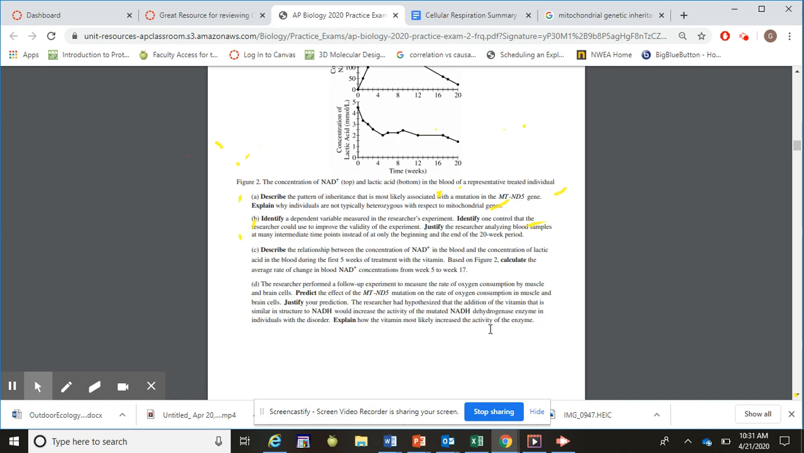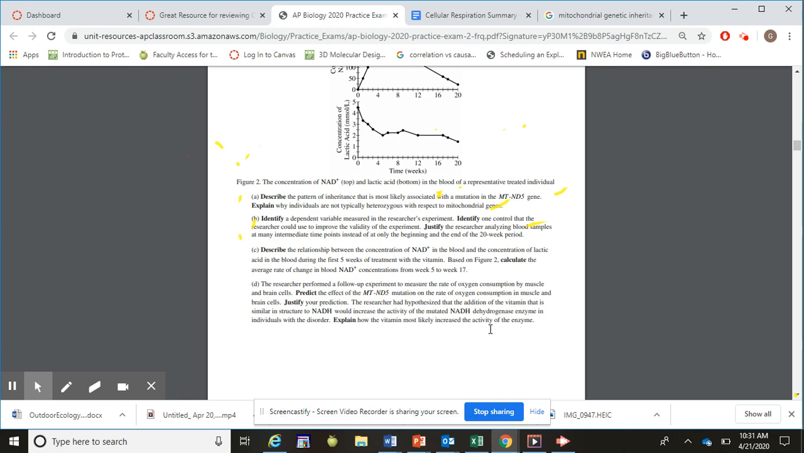The researcher has hypothesized that the addition of a vitamin that is similar in structure to NADH would increase the activity of the mutated NADH dehydrogenase enzyme in individuals with the disorder. Explain how the vitamin most likely increases the activity. So we're assuming the vitamin is acting like NADH because it has the same structure and it's also producing the same products. So it's basically saying if we increase our substrate concentration, which in this case the vitamin is acting as the substrate,